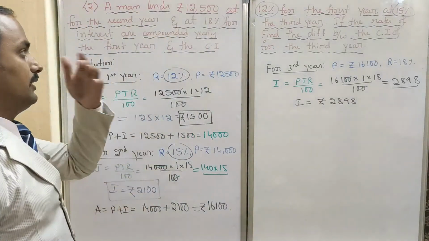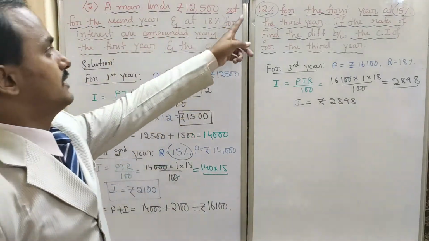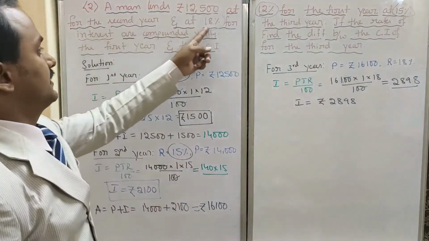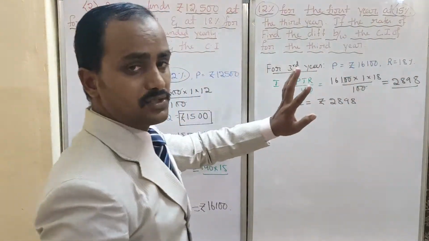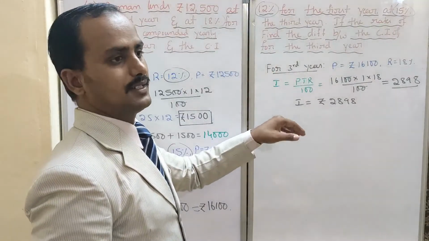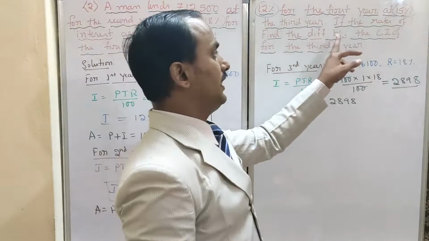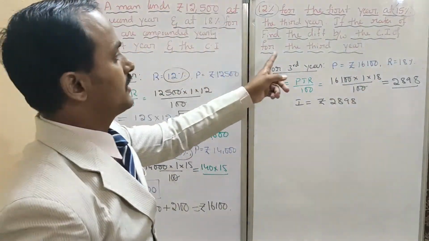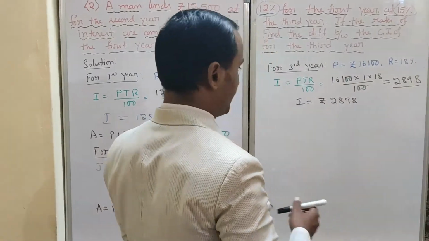Okay. In the given problem, the first year rate of interest is 12%, the second year rate of interest is 15%, then the third year rate of interest is 18%. Understood? Now finally, I don't want the third year amount. Why? Because here the answer needs only the difference between the compound interest of the first year and the compound interest of the third year. Conclusion, dear children, look here.